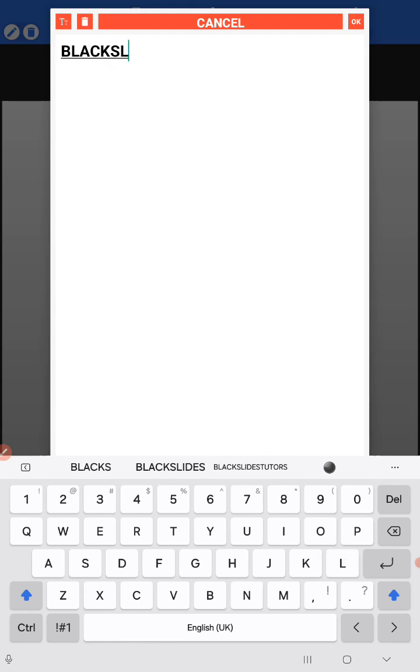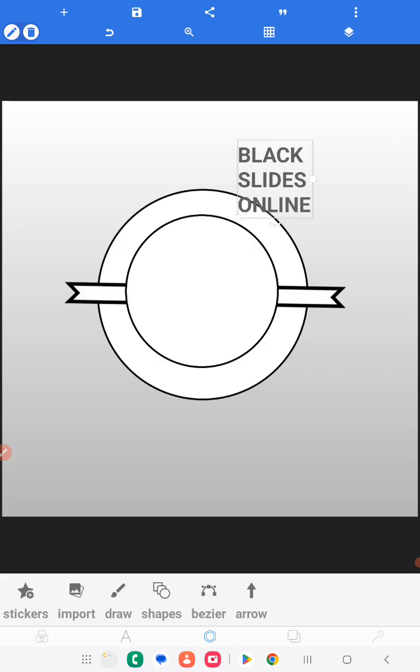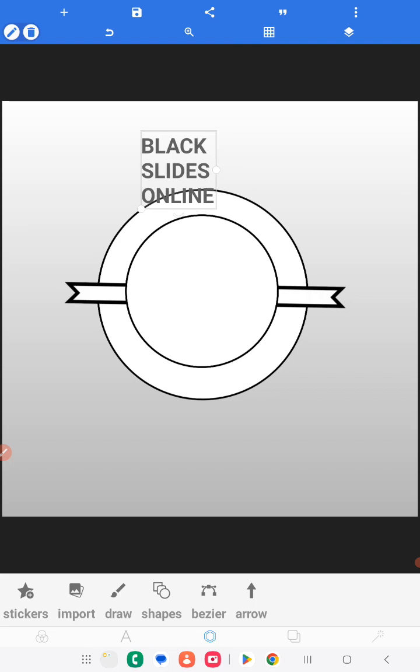Black Slides. Since it's a long name, you can just say Black Slides Online, and then hit the OK button. Right, so this is Black Slides Online. Okay, so this is one word,